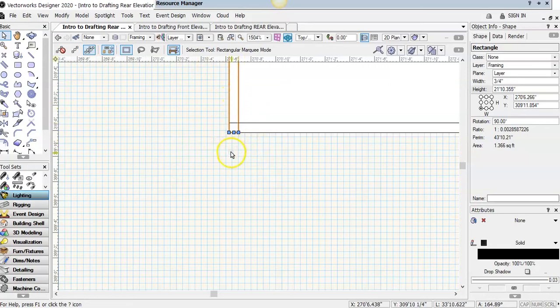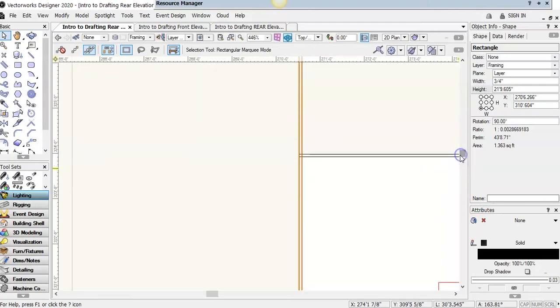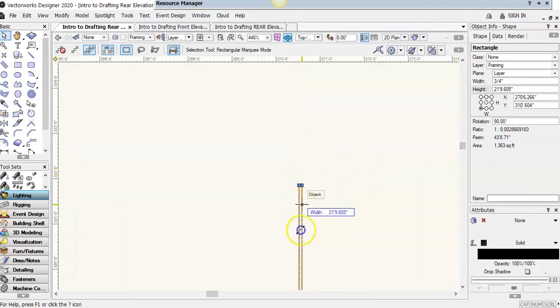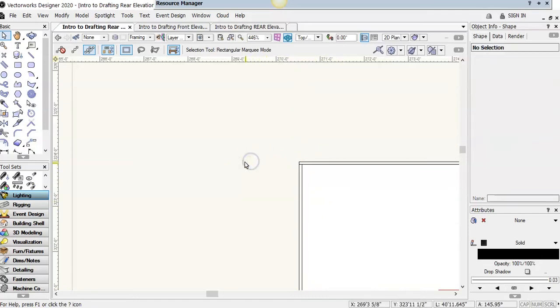Now this is what we don't want to have, so I'm going to shorten this one just a little bit. I'm going to come up and we're going to shorten this one. Ooh, that's a long one. Alright, so let's grab this. We're just going to drag it down and snap it to the bottom of that. So now we have our first